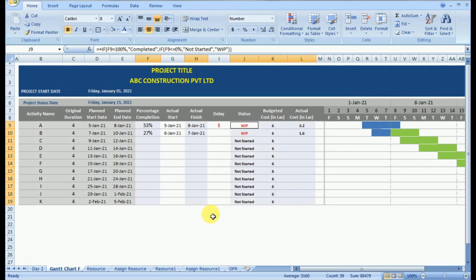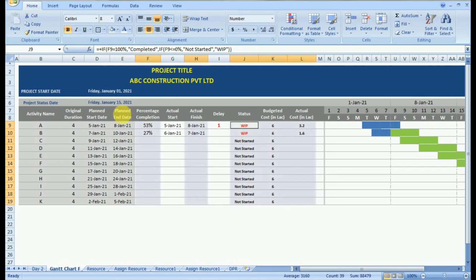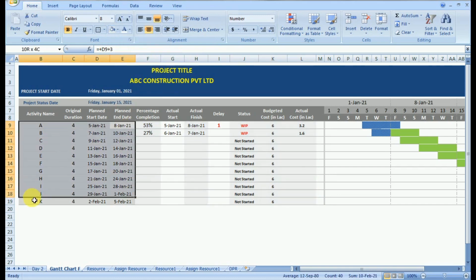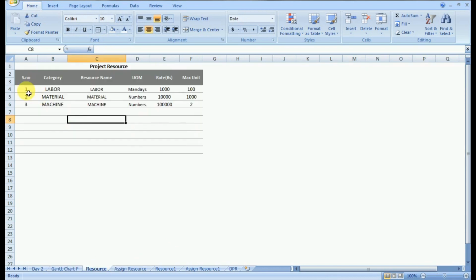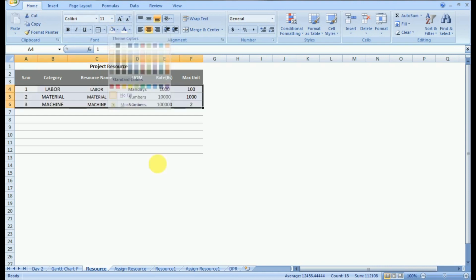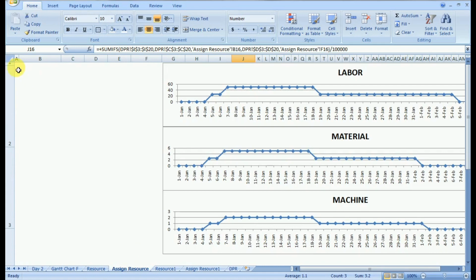We can say that the first 5 columns from activity name till percentage completion, and then the actual finish, the status, budgeted cost, actual cost, all these things are calculated by Excel. The user does not have to change any value in them. Only the actual start and the delay have to be provided by the user. Even that can be automated, but we will not go to that level of complexity.